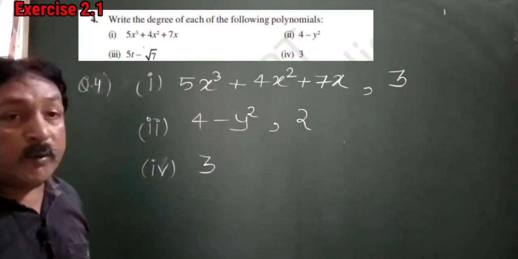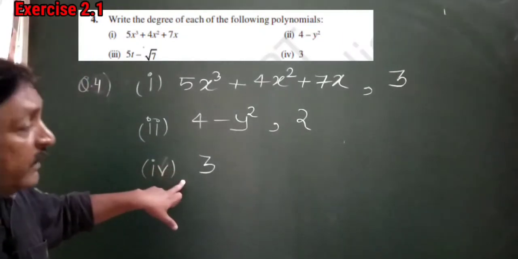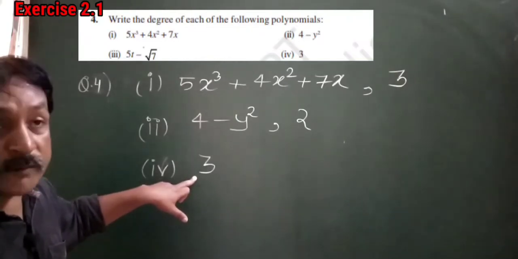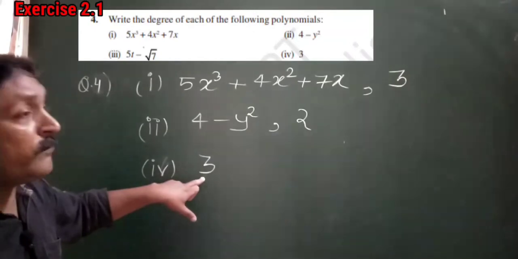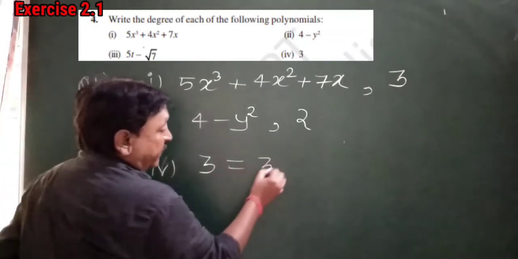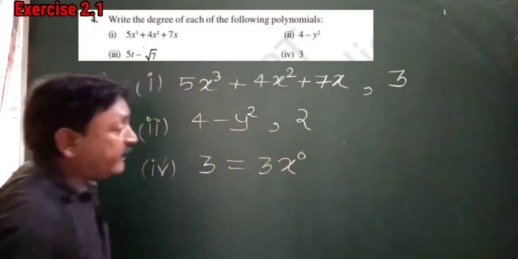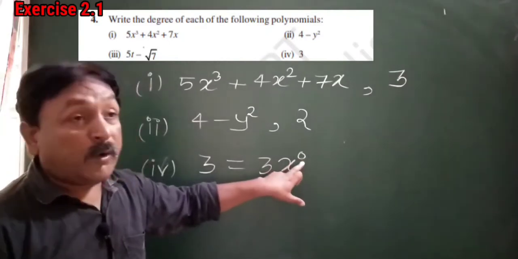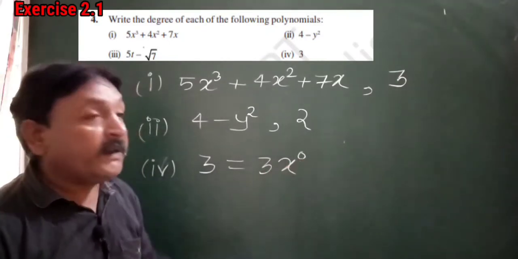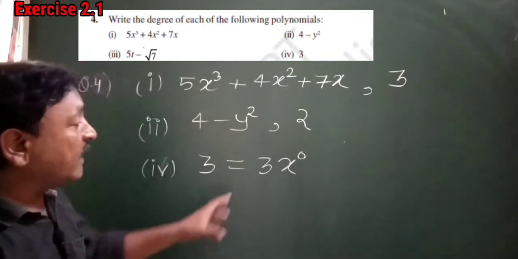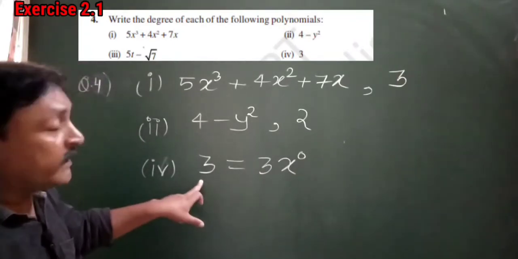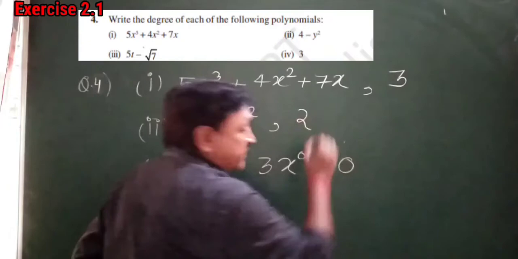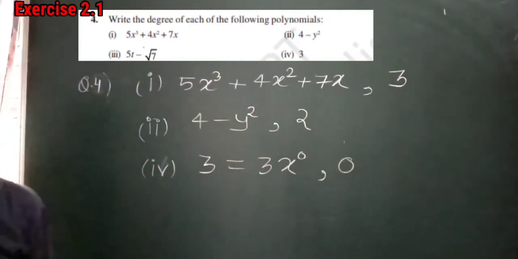In the same way you will do the third part. In the fourth part, there is no variable written here. I had explained this earlier in my video, how to solve this. We can just convert it. It means 3x into x raised to the power 0. And we all know that if the power of anything is 0, its value is 1. We have just changed the method of writing, but the value of the expression is the same, it is 3. So its degree is 0. Is it clear? Now read question number 5.